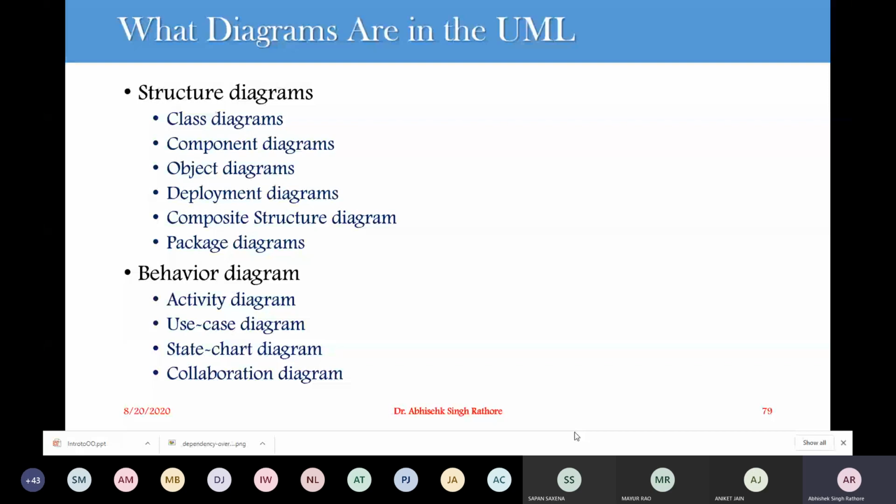Then we are going for the state chart diagram. State chart diagram contains states, transitions, events and activities. Then it provides a dynamic view again, in addition to object diagram which represents a particular state of time, while state chart diagram will represent the dynamic view, which is quite important when we are modeling an event driven behavior. Then we are having a collaboration diagram.